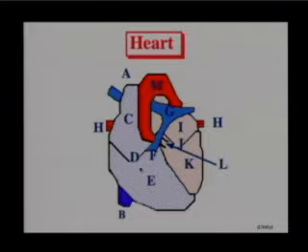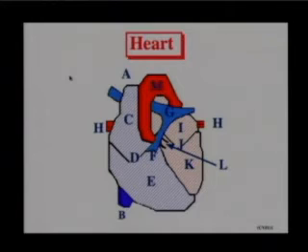Then the blood passes through this valve, which is letter D. And which valve is that? That's right, the tricuspid valve, into chamber E, which is the right ventricle. Blood then passes out through F up here, which is the pulmonic valve, out through the pulmonary arteries, which are G in this picture. Now remember that the pulmonary artery is the only artery in the non-fetal circulation that carries